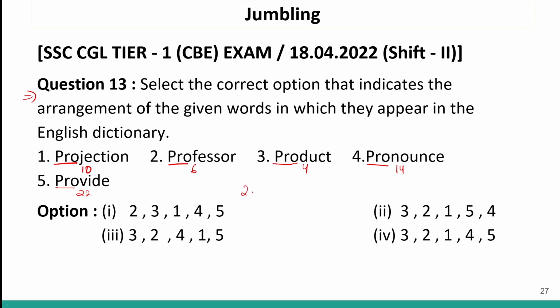So the first word will be product. Then the next word will be professor. After this, the next word will be projection.